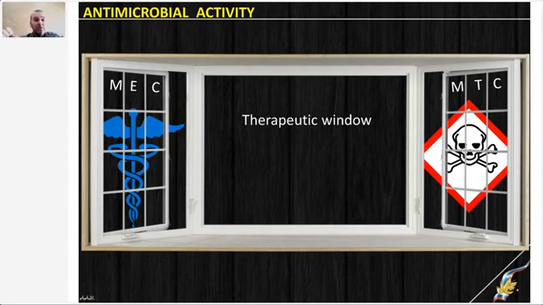That interval, when the drug already has a positive therapeutic effect but still does not have any side effects, that window is the perfect interval for therapy. If that window is large, then your chances of successful therapy will be much higher. It's easier to dose the drug and more difficult to overdose it. But if that window is very narrow, if it is small, then of course it will be difficult to dose the drug. You need to perform therapeutic monitoring, you need to watch for adverse events in a more detailed manner.